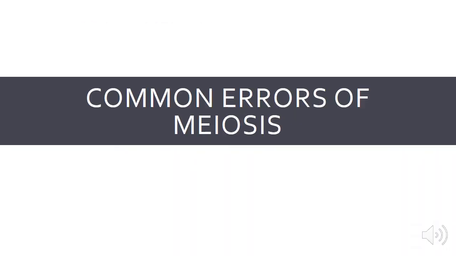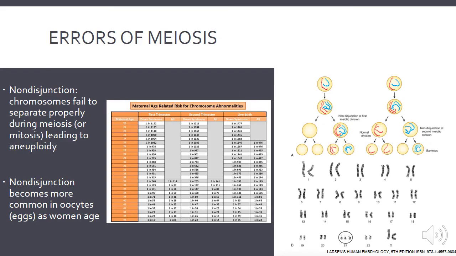Now, of course, we can get errors in meiosis. Those are important too. So the primary error we see is non-disjunction, when the chromosomes fail to separate properly, either the paired homologs or the sister chromatids. And this is a problem that becomes more common in eggs as women age, and we'll talk about why,